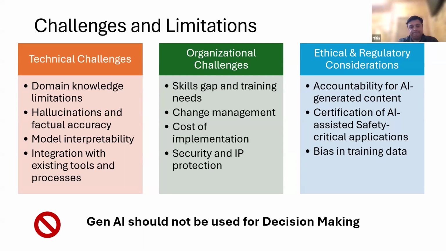Yeah. And I think the bottom line here is that Gen AI can help us create content, creative content, but we should never use it for decision making. In today's context, in future it could be, but in today's context, if we use it, the results are still not reliable to us. We definitely need a human in the loop who can make decisions based on the content provided by Gen AI.